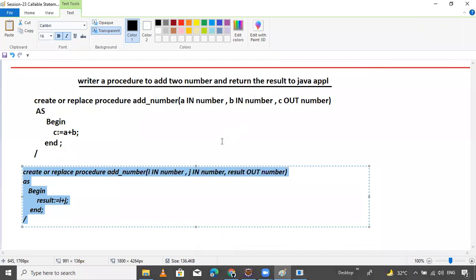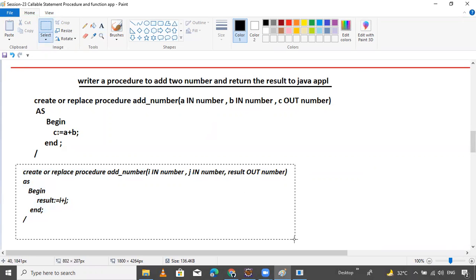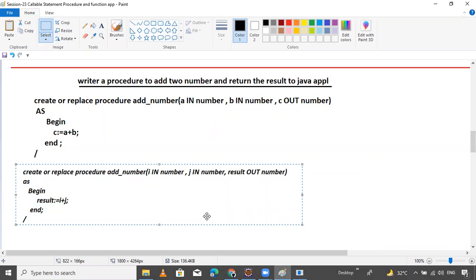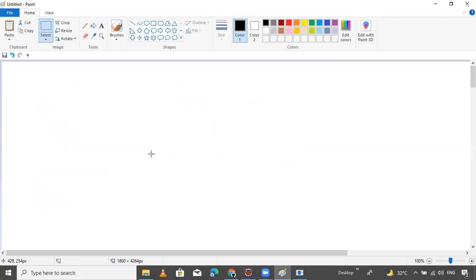Now our main actual work is there. Today's work: copy this procedure, guys. Control C, Control N, Control S.